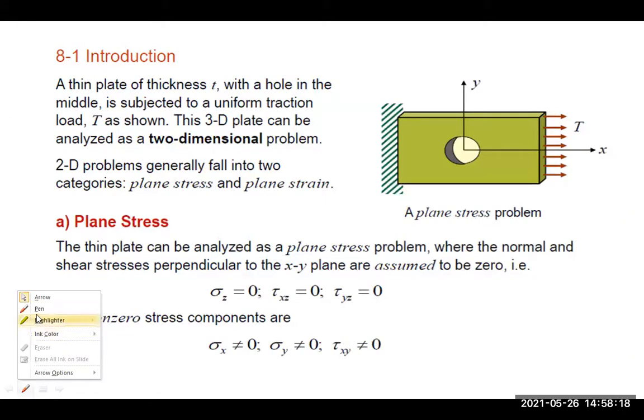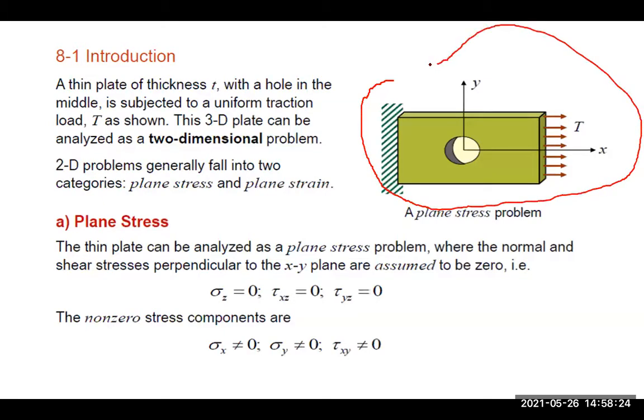Here we'll take a simple example, and it is a three-dimensional member. Let us assume that it is a three-dimensional member, but how are we going to convert this three-dimensional member into a two-dimensional problem? That is very, very important. If you see this three-dimensional member, it is like a thin plate. The plate thickness is very small, whereas the length and height are more as compared to the thickness. So here there is a three-dimensional member, but the x and y dimensions are more as compared to the z direction coordinate values.